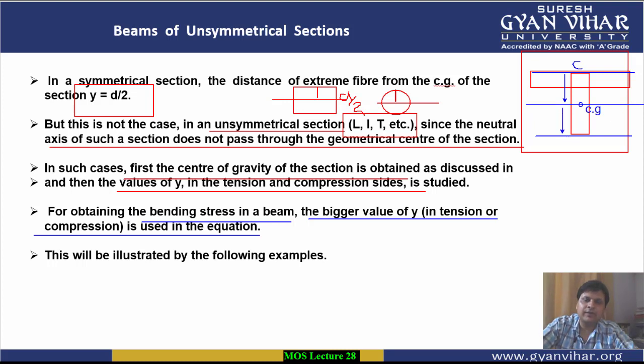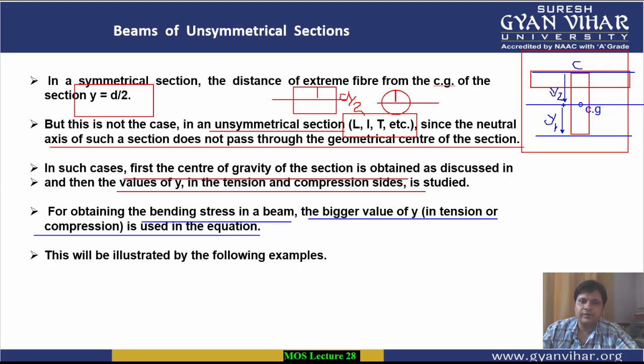If you find this value of y1, for example, and this value of y2, whichever is larger, you will use that value. Whichever is larger, y1 or y2, that will be used in the case of unsymmetrical or composite sections. This extra effort has to be made here, though it was not required in the case of simple section beams like square, rectangular or circular beams.